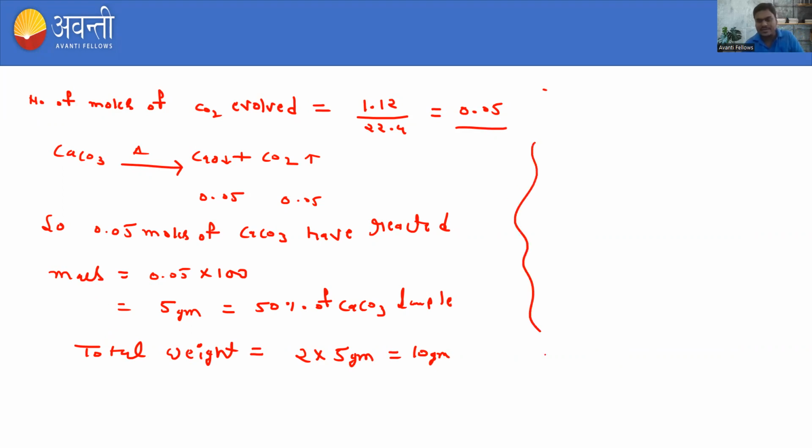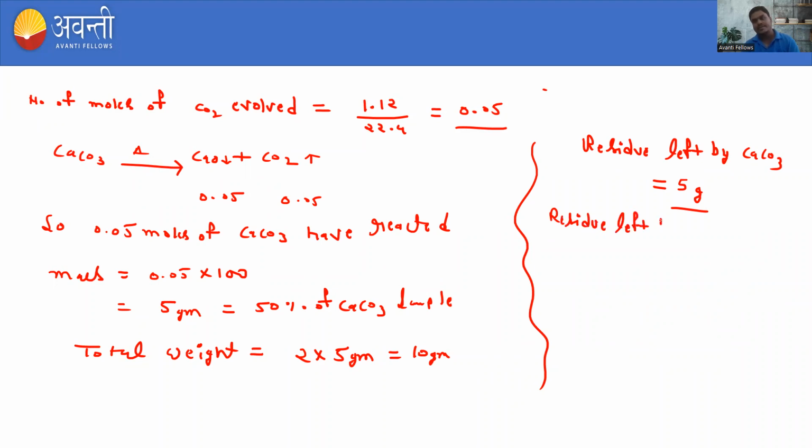So what is the residue left? Can anyone tell? The residue left by the calcium carbonate is nothing but 5 gram. Now the residue left by the CaO is 56 into 0.05,